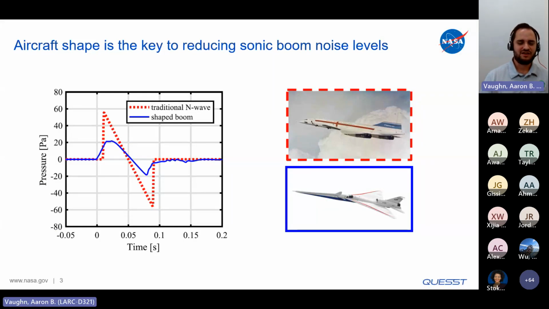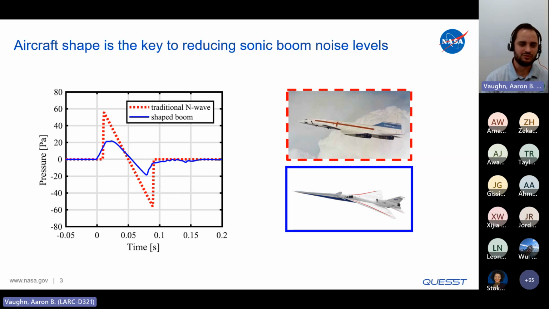So how does the X-59 reduce sonic booms? The shape of the aircraft is the key. The shape of the aircraft dictates how the shocks interact with each other. Here we have a pressure waveform of a conventional sonic boom, shown in red, which is produced by